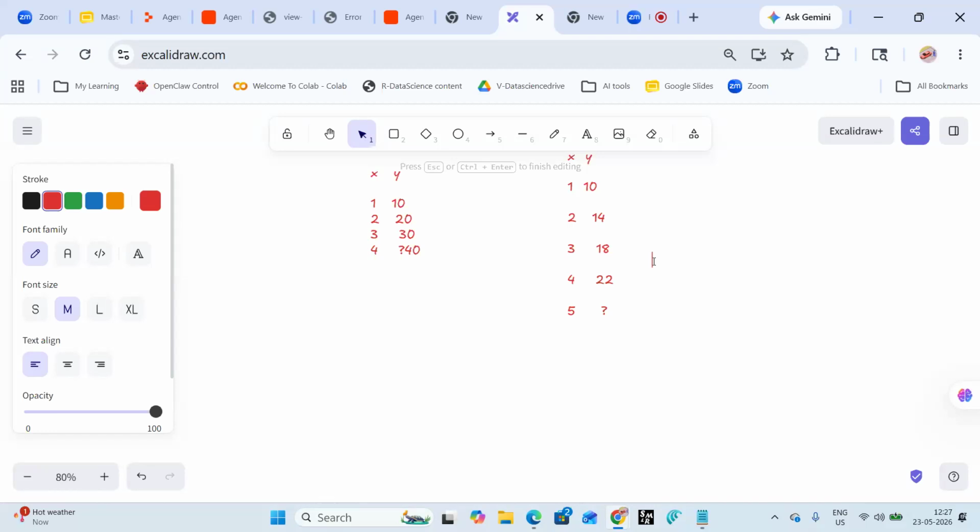So here the machine derives a formula. y is equal to 4 of x, y is equal to 4x plus 6. 4x plus 6, correct.